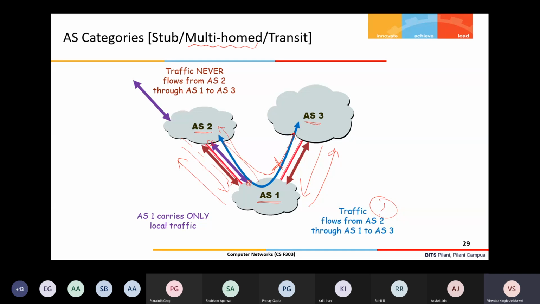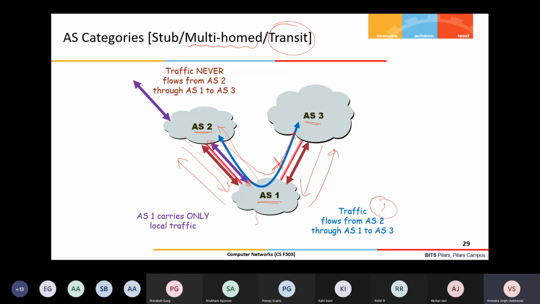If it is transit, it means it is forwarding the traffic which is received from AS2 for some destinations which are reachable via AS3, meaning these destinations do not belong to AS1. It is something like that. I am taking someone else's packets and forwarding these packets to another autonomous system so that they can reach the destination. Then I will be called a transit. I am a transit between AS2 and AS3.